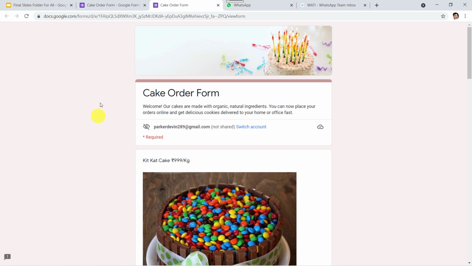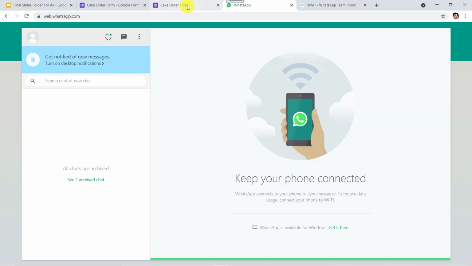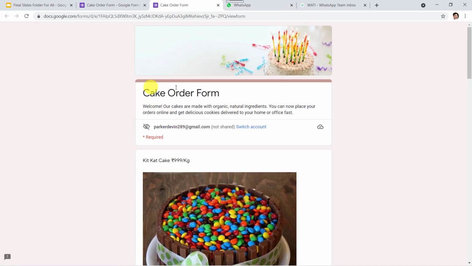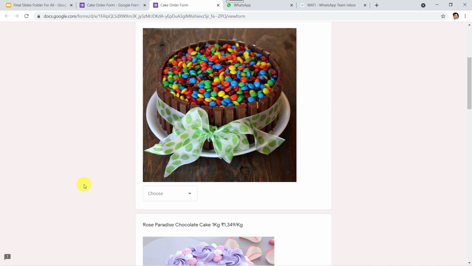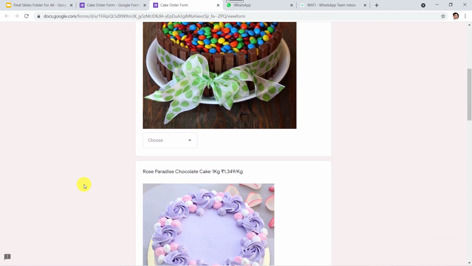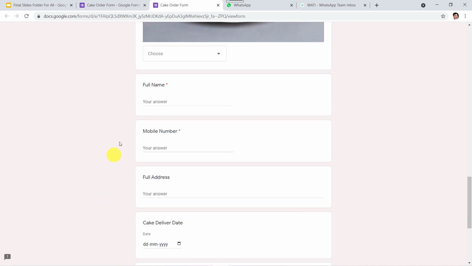So this is my Google form which I have created for taking the cake orders, and this is the WhatsApp account. I want that whenever a customer fills the Google form, he should receive an order confirmation message on his WhatsApp number. Okay, so let us fill this form. Let us select the cake as KitKat cake of 2 kgs, and let us give the details of the customer. Say Sanjay Sharma, mobile number as